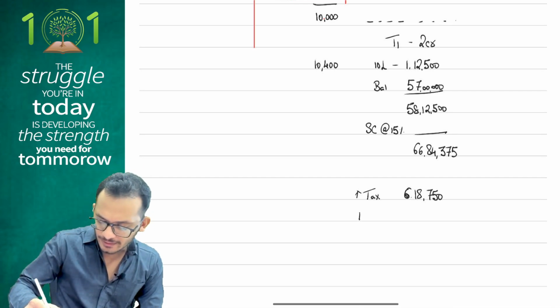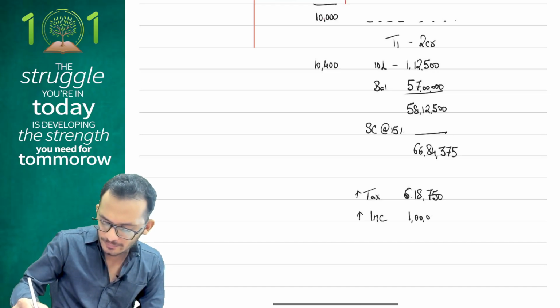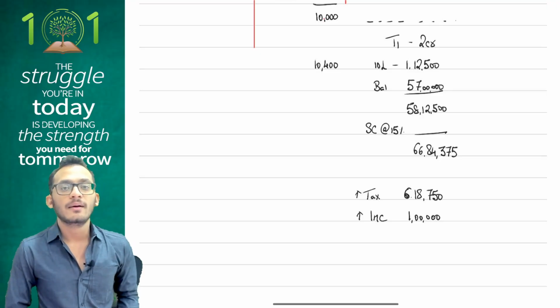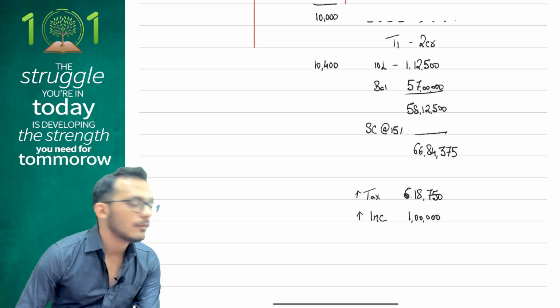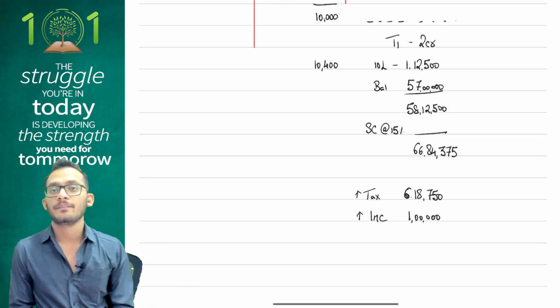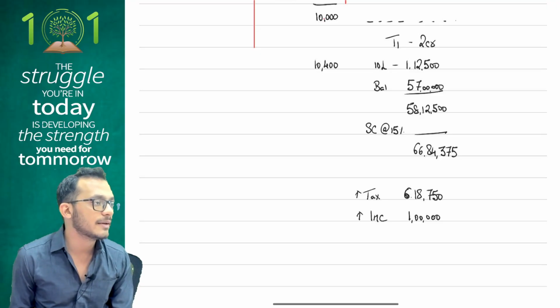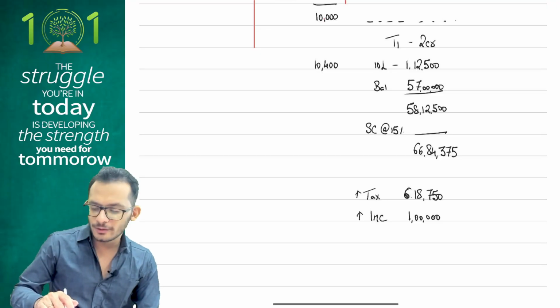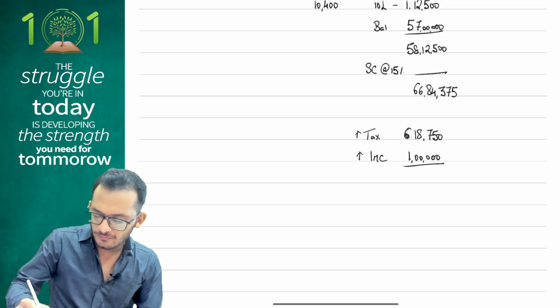What is my incremental income? My incremental income is 1 lakh. You are asking me to pay 6 lakhs when I am earning only 1 lakh rupee. Justified? What would you say? I'll give away 1 lakh. I don't want anything extra. You are ready to give away 1 lakh. You are not ready to give away 5 lakh